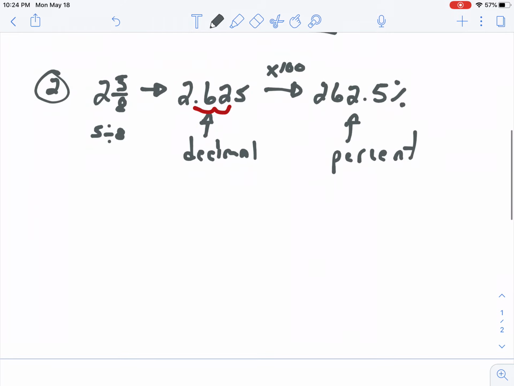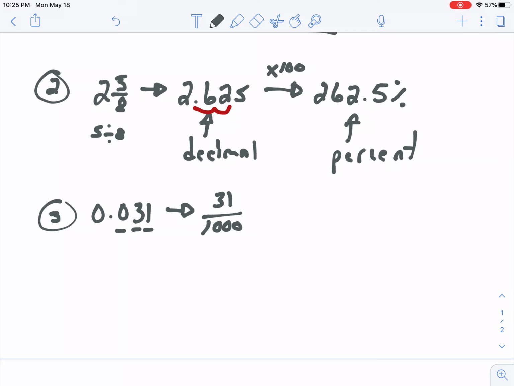Now the last scenario that I can actually start with, which is pretty easy to do, is to start with a decimal. If I have something like this, I can quickly move from here. My easiest approach is to actually try and move this into a fraction. I simply look again, tenths, hundredths, thousandths, so I know that I have my number, 31, and it's over 1,000. So I can quickly move into a fraction. I then have to usually check and see if I can reduce, and in this case 31 is one of those prime numbers, so it's not going to reduce. So now I know this is my fraction,